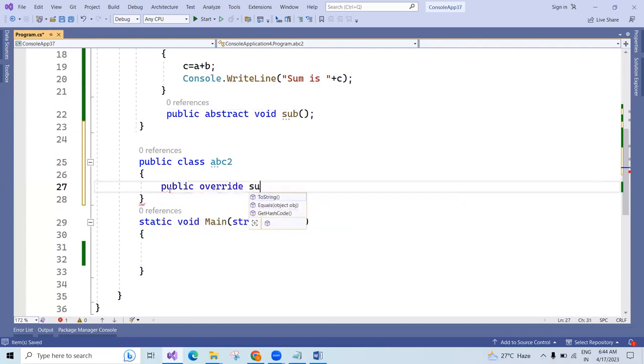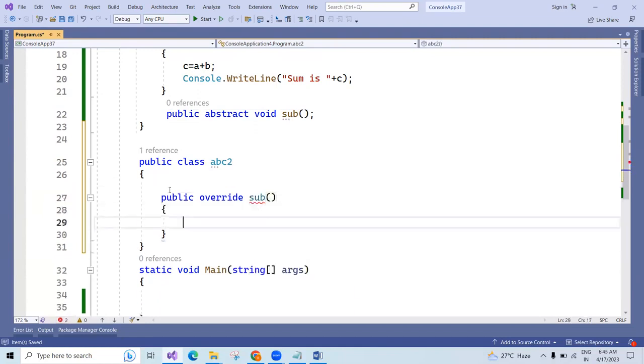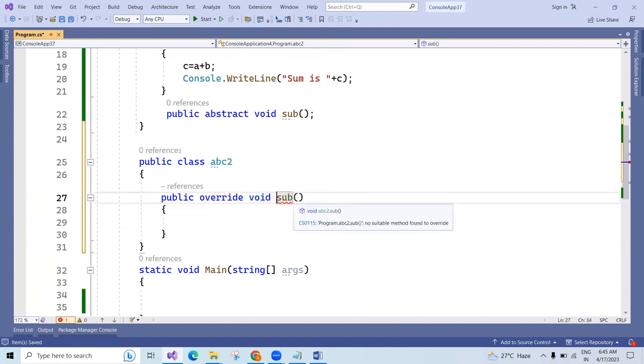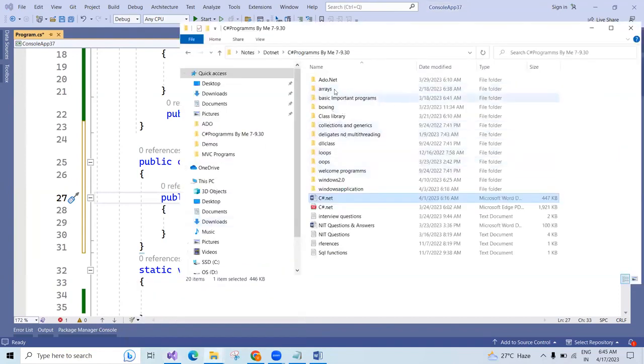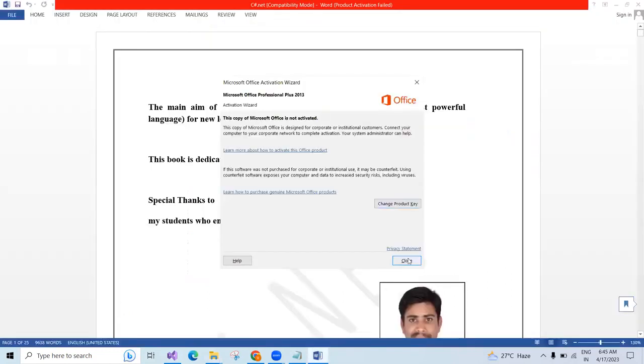What is the method name there? Sub. So this is what our